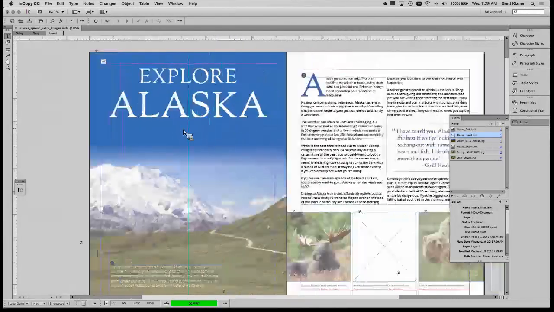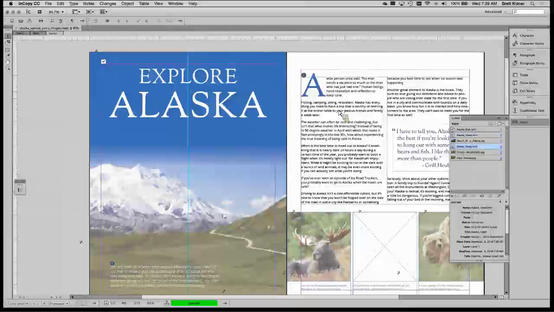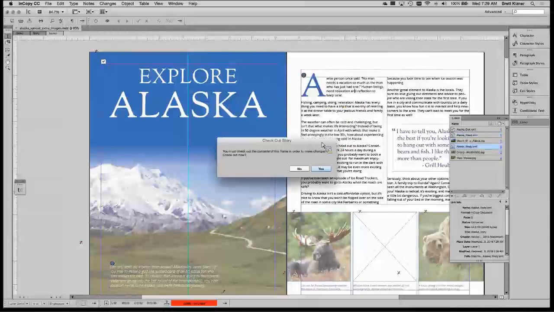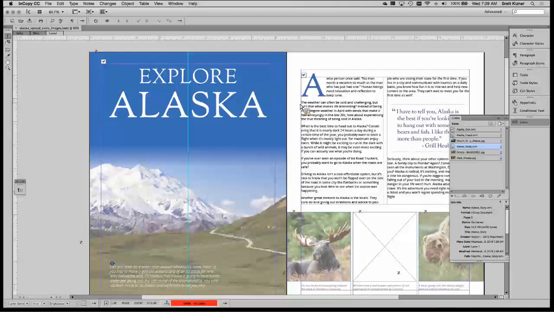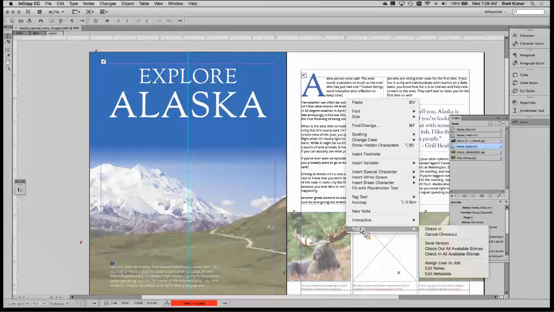That means a designer doesn't have to wait for content to be exported from the web CMS and then worry about changes that are made in the web CMS that need to be brought into a print workflow, or vice versa. We have one source content. It's HTML5 native. It's digital ready, but it can also be brought into print. Very flexible, very easy to use, and we're very excited about that.